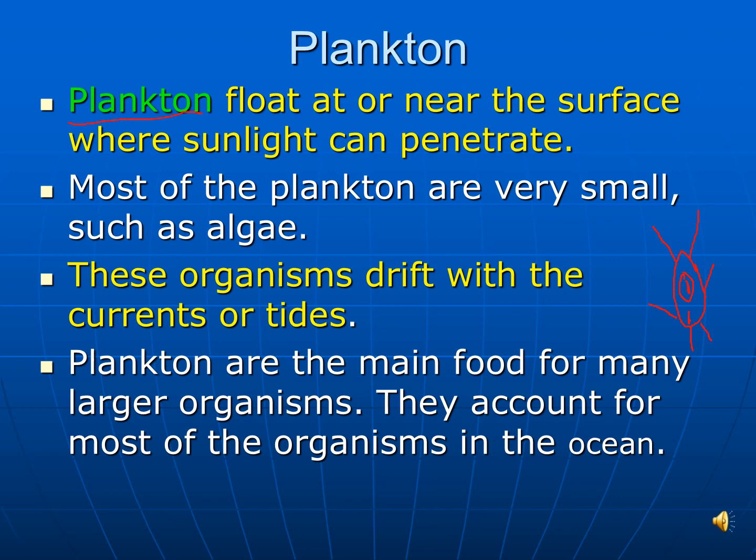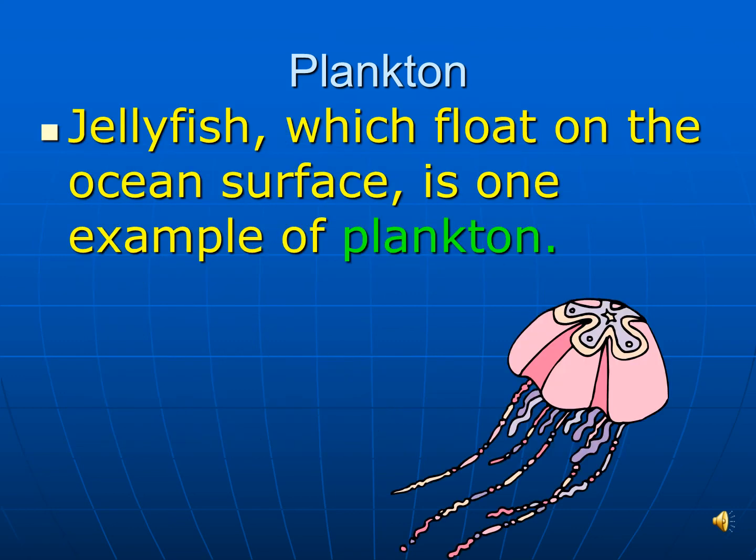But you have zooplankton, which is more like animal-like, and you have phytoplankton. Again, the prefix and suffix to let you know what type it is. So plankton, we have jellyfish, which float on the ocean surface as an example of a plankton, but not really in the category when you go into domains and kingdoms and stuff. So the classification, in just this slide we will understand this, but in biology we'll tell you the actual classification of a jellyfish.